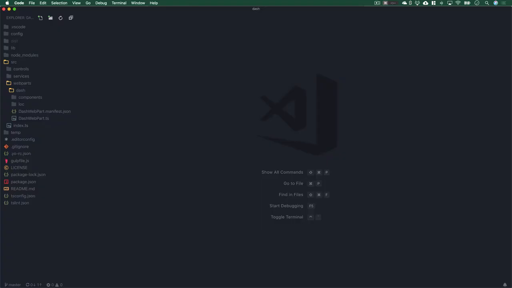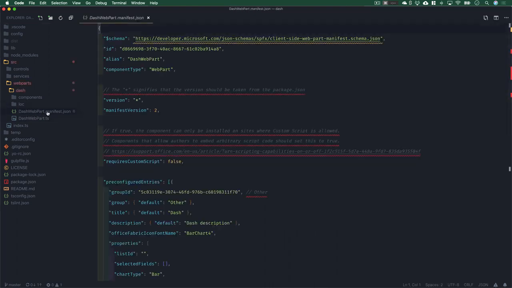Okay, so now that we have successfully upgraded our web part and it's running in SharePoint Framework version 1.8, let's go ahead and jump into Visual Studio Code. And the first thing I want to show you guys is how to deploy this and configure the web part so that we can actually use it as a Microsoft Teams tab, which is a great new feature that was in preview in 1.7. It's now fully released in 1.8. And the first thing we're going to want to do is we're going to open up our web part manifest file, which in this case is